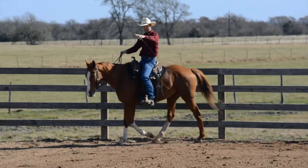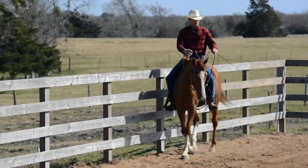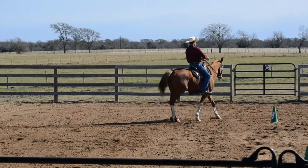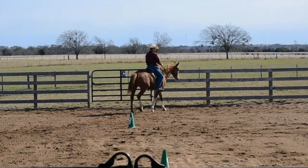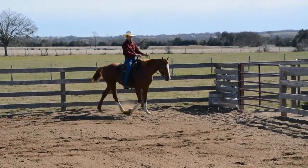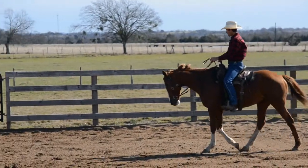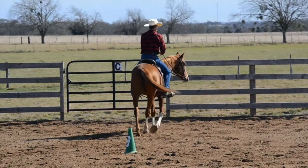Going around, I can see my circle here, and now I'm actually going to just change direction. So I can ride my circle, and then I can go off the other way, and we'll do the same thing the other direction. So we're riding along. I've got a circle here in the corner, so I can look out, find my 4 points, and ride to the next point,